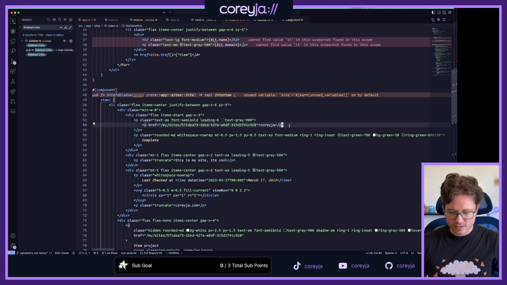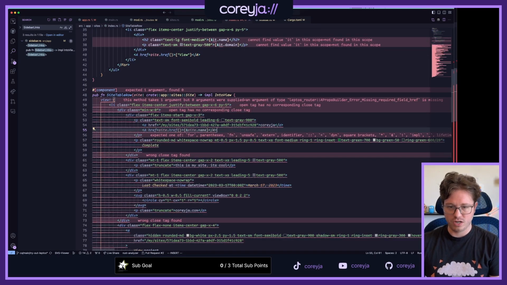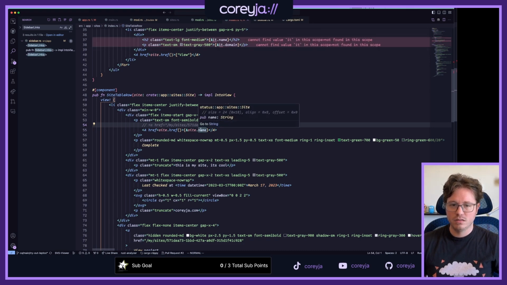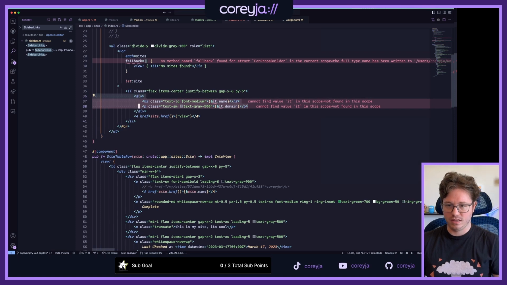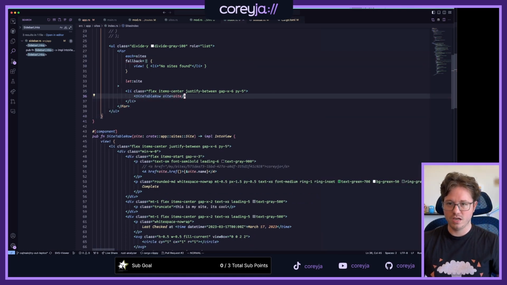So like this needs to be an A href equals site href name, something like that. Oh, so this though is li, and then this is just a site table row of site.